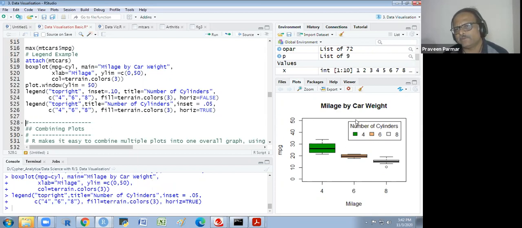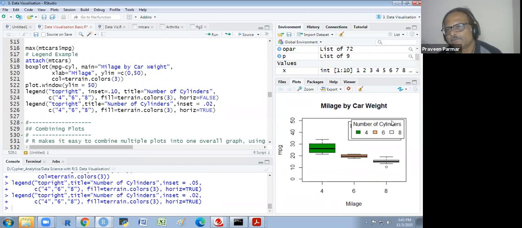What is the difference here? We are getting this 0.10. No, 0.10, 0.05. I could take this 0.02. So you will see 0.02.